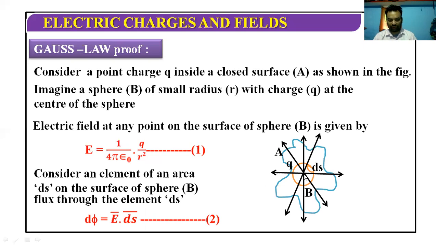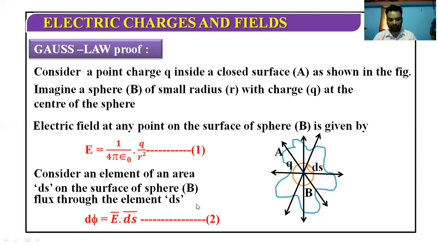So we place the charge at this point and we enclose the charge in a Gaussian surface. We took a small part of the Gaussian surface having a small area element ds. So the flux through this small element was d phi equal to E dot ds. This first equation, the electric field due to a point charge, we already know. But now our target is to find out the flux.